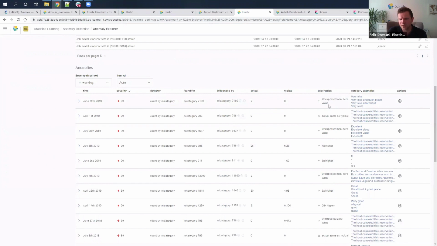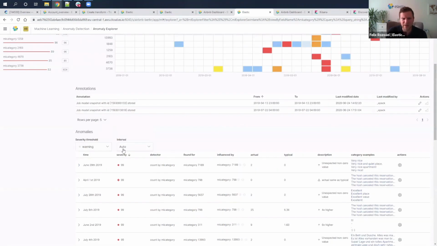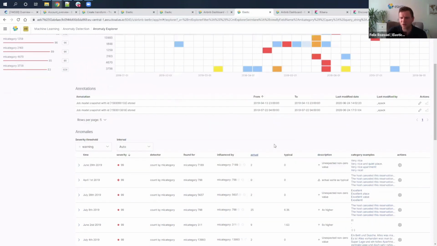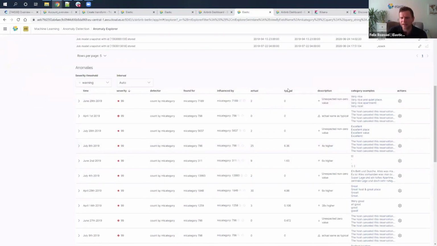It means typically no one is writing those things, and at this specific time frame, on the 29th of June, someone was writing this much more than usual. So it's using this ML category much more than normal, and this has now resulted in